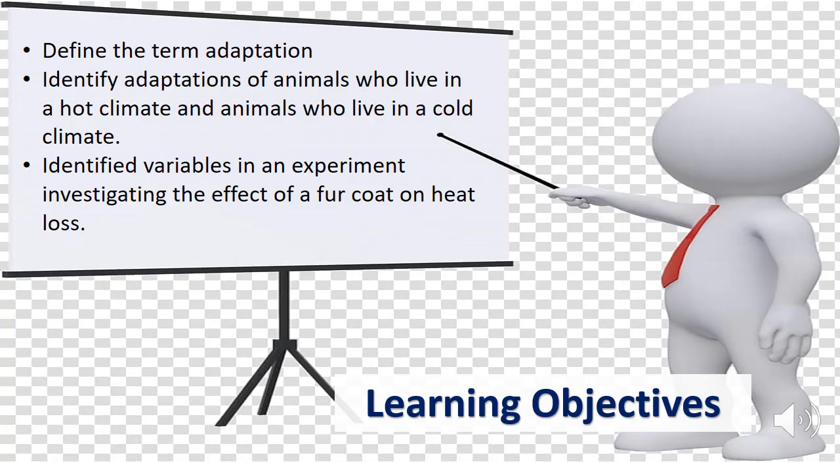So well done Year 6 in completing your third and final biology lesson. So you can now define the term adaptation. You can identify adaptations of animals who live in a hot climate and animals who live in a cold climate. And you can also identify variables in an experiment investigating the effect of a fur coat on heat loss. I hope you've enjoyed these science